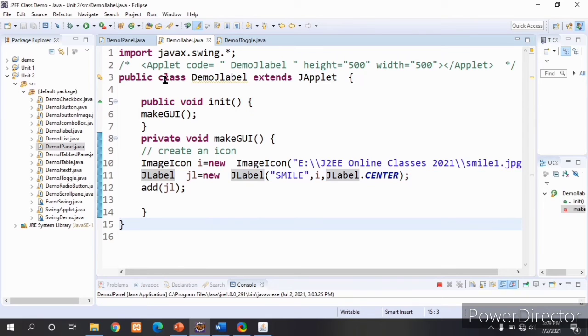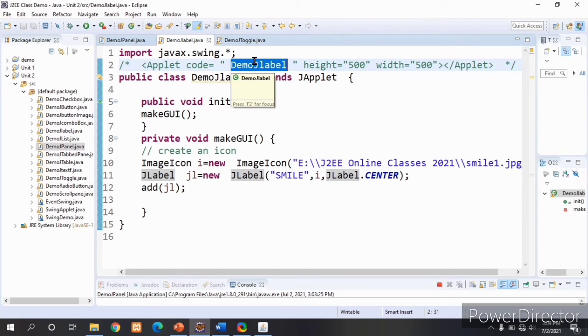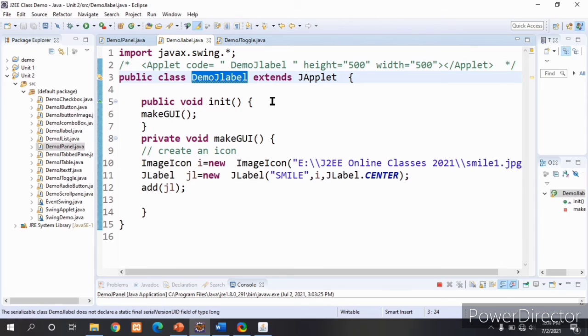Next, I am writing the applet code here. In the code part, whichever class I am displaying now, I am specifying it so that the appletviewer will pass this class, and I am writing the DemoJPanel class which extends JApplet.